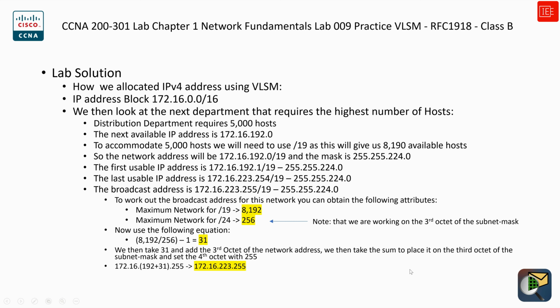So with that being said, let's move into the next department. And the next department is the finance department. And the finance department requires about 2,500 hosts. And the next available IP address is 172.16.224.0. And in order for us to accommodate 2,500 hosts, we would need to use /20, because /20 will give us 4,094 hosts. So again, the network address will be 172.16.224.0 with /20, which is